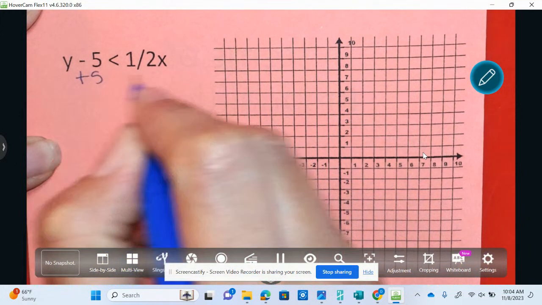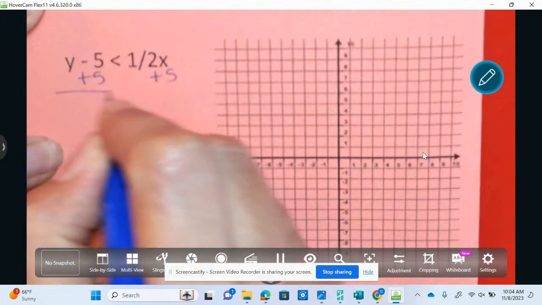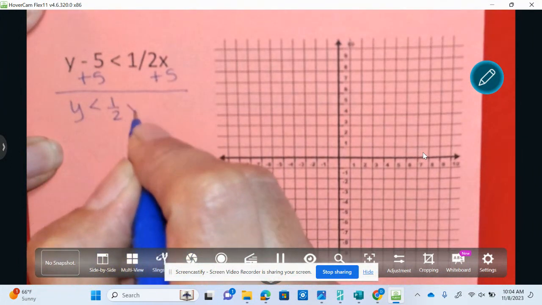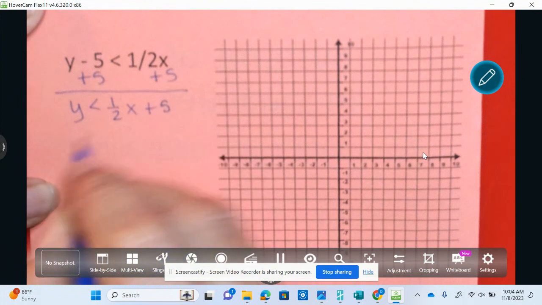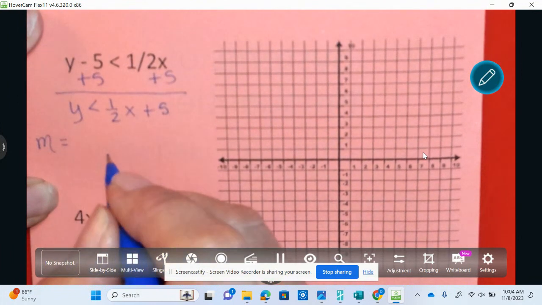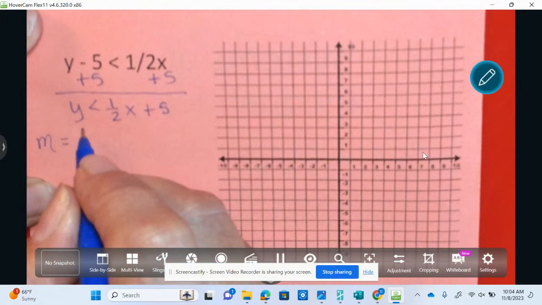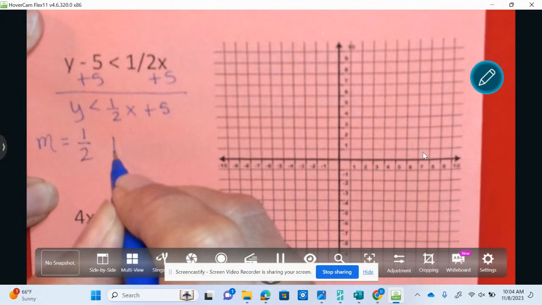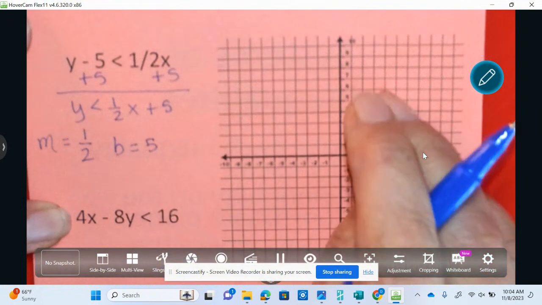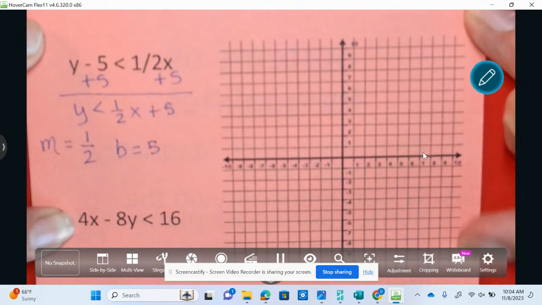Add 5 to both sides. Excellent. So y is less than 1/2 x plus 5. What is my slope, Angelina? 1/2. Good job. What is my y-intercept, Kanaya? Perfect. Cheyenne, solid line or a dashed line? Why? Because